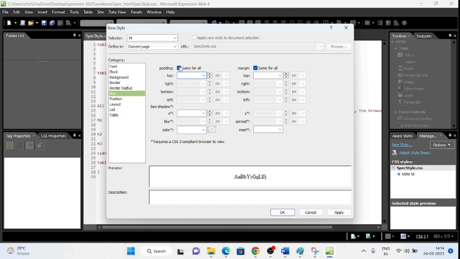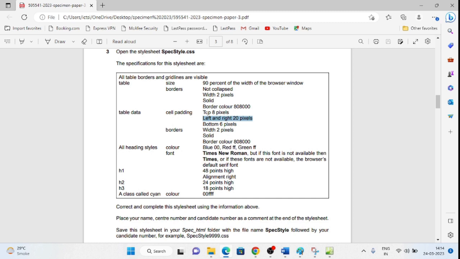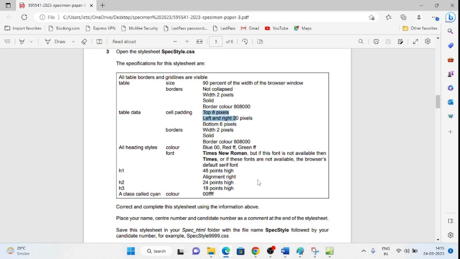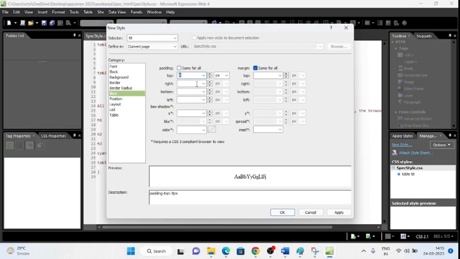So for top padding you have to uncheck this checkbox because top, right, bottom, left all are different, right? So top should be 8 pixels. Then left and right should be 20 and bottom should be 6.